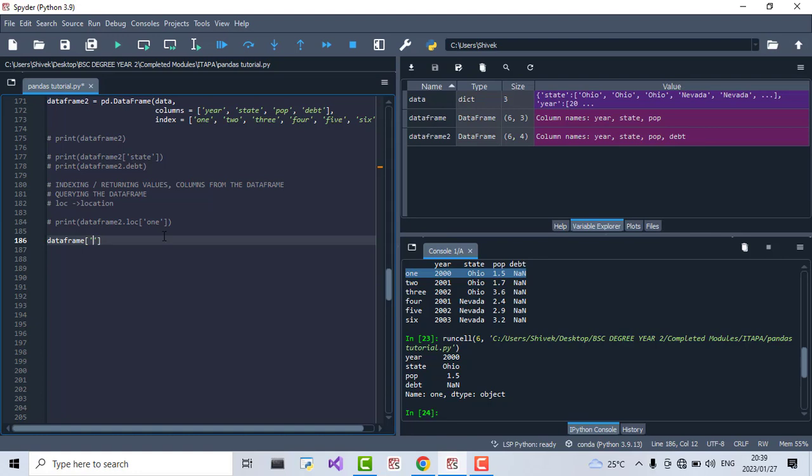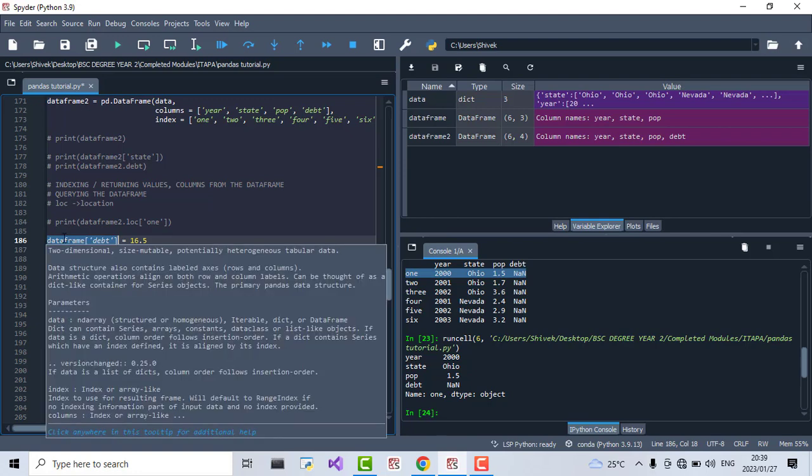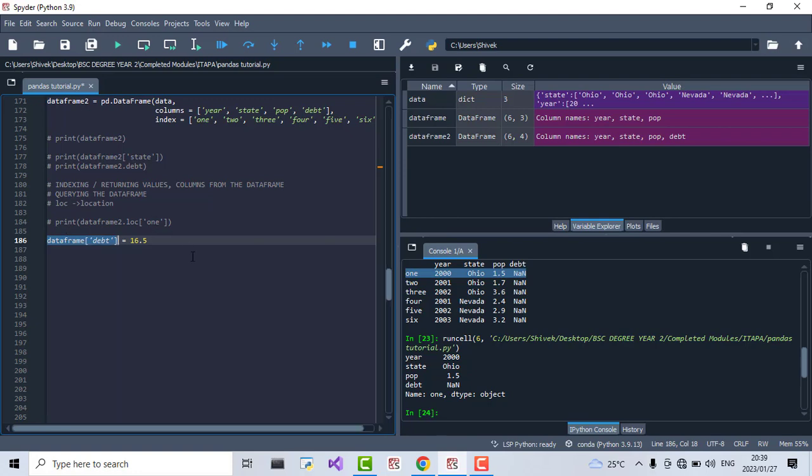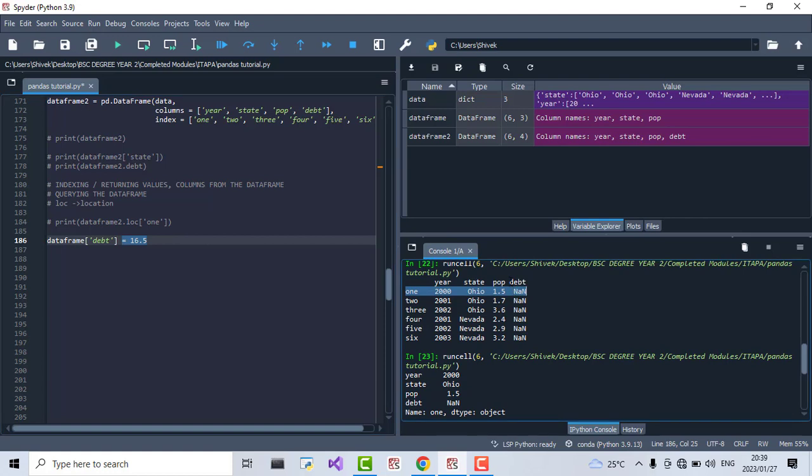And this now is us changing the entire column to a fixed data value. So what I'm saying is that what you specify here gets propagated to the entire column. Okay, because think about it, data frame det. This first portion of the code is the way in which we index or retrieve an entire column. And by setting that column to a value of 16.5, it tells us now that the entire, so this is